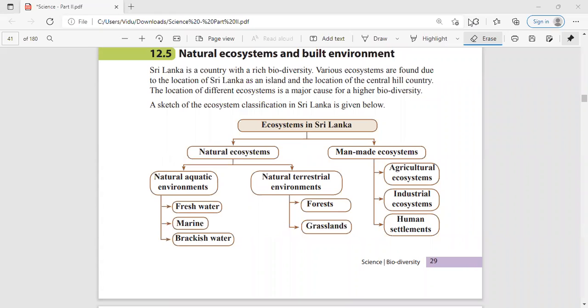Today we are going to do the fifth subtopic of the 12th lesson, biodiversity, natural ecosystems and built environment. So that you know, Sri Lanka is a country with a rich biodiversity. There are various ecosystems found due to the location of Sri Lanka as an island and the location of the